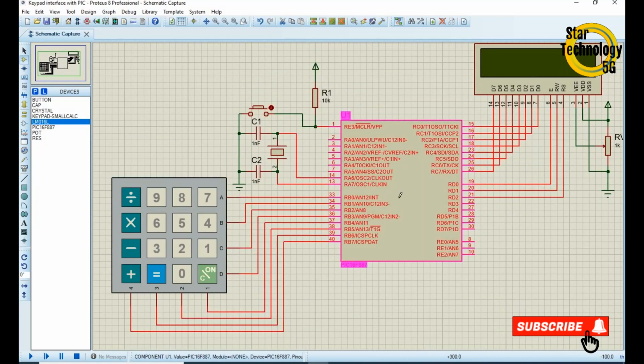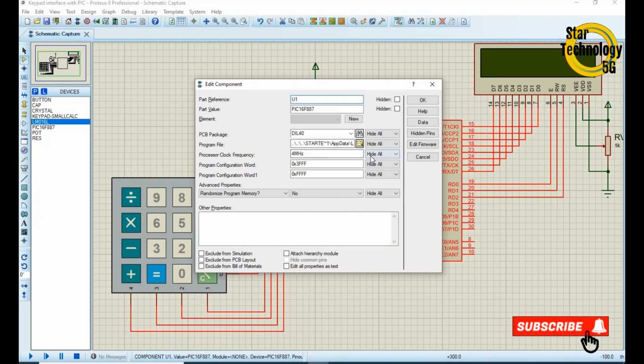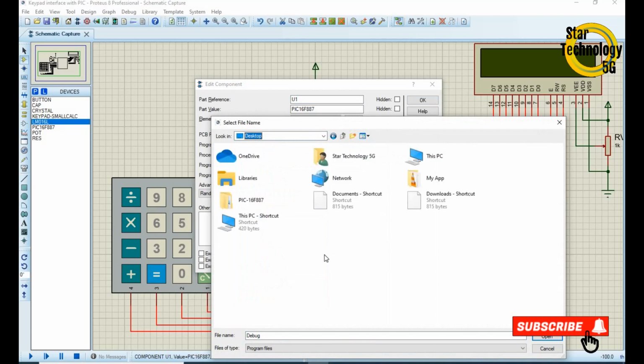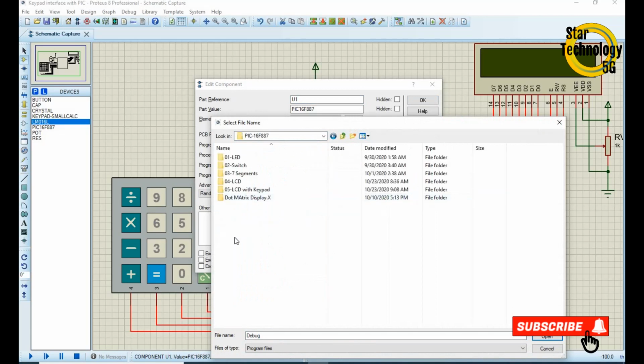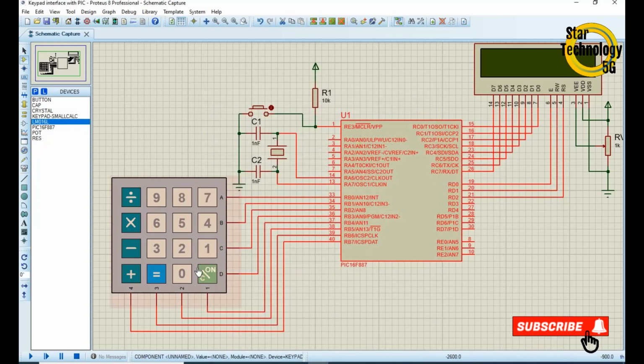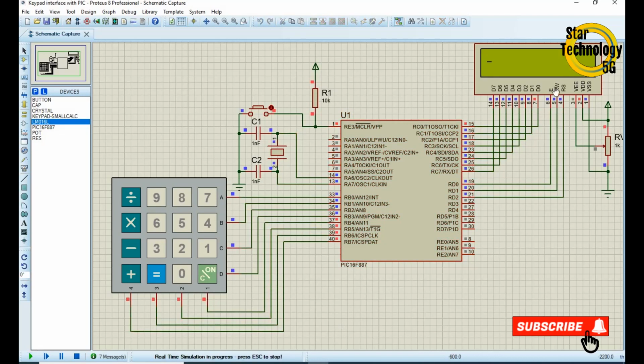Just open the desktop, PIC16F887. You can see LCD with keypad, open the hex file. Okay, run simulation. You can see LCD is ready.